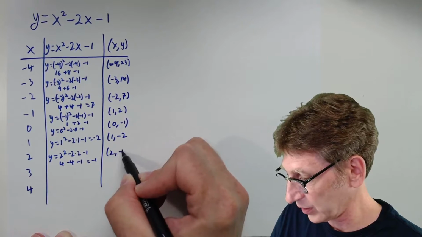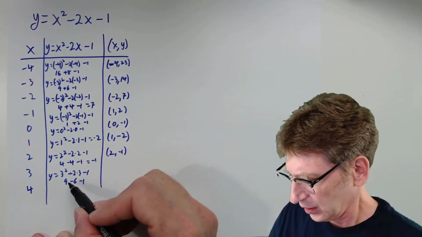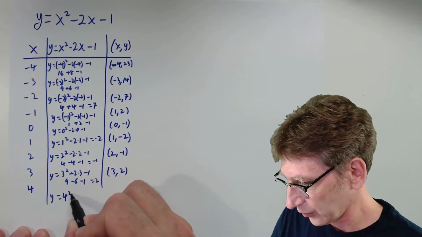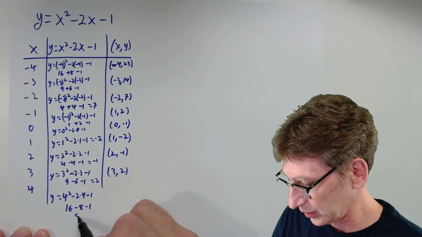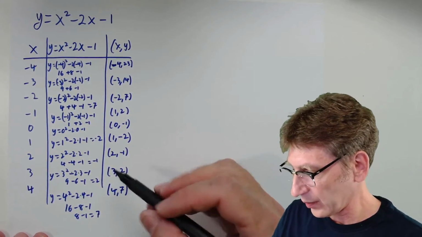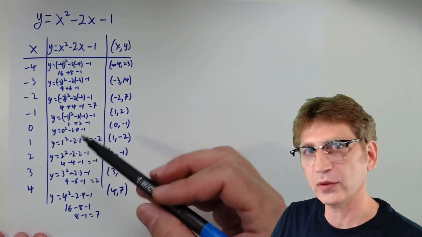-1. 2, -1. 3 squared minus 2 times 3 minus 1. 9 minus 6 minus 1. 3 minus 2 is 2. 3, 2. And then 4. 4 squared minus 2 times 4 minus 1. 16 minus 8 minus 1. That's 8 minus 1 is 7. 4, 7. My apologies if the arithmetic went pretty fast, but I'm pretty confident that if you go back and